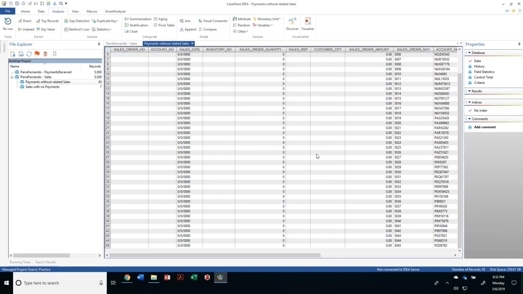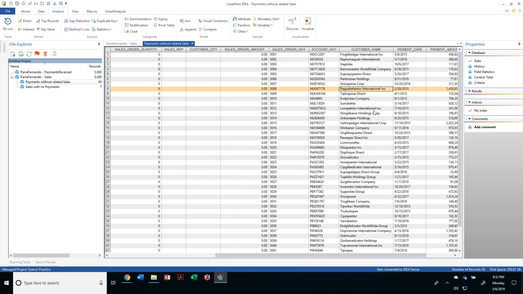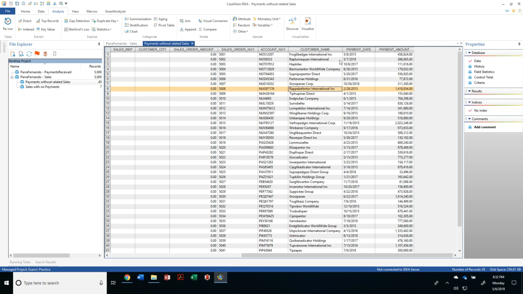Well, in this particular example, I have plenty of payments that are not associated with any account or any particular sales order number. And that makes total sense, right? There's a few payments that are simply not associated with them. That's great. So what about